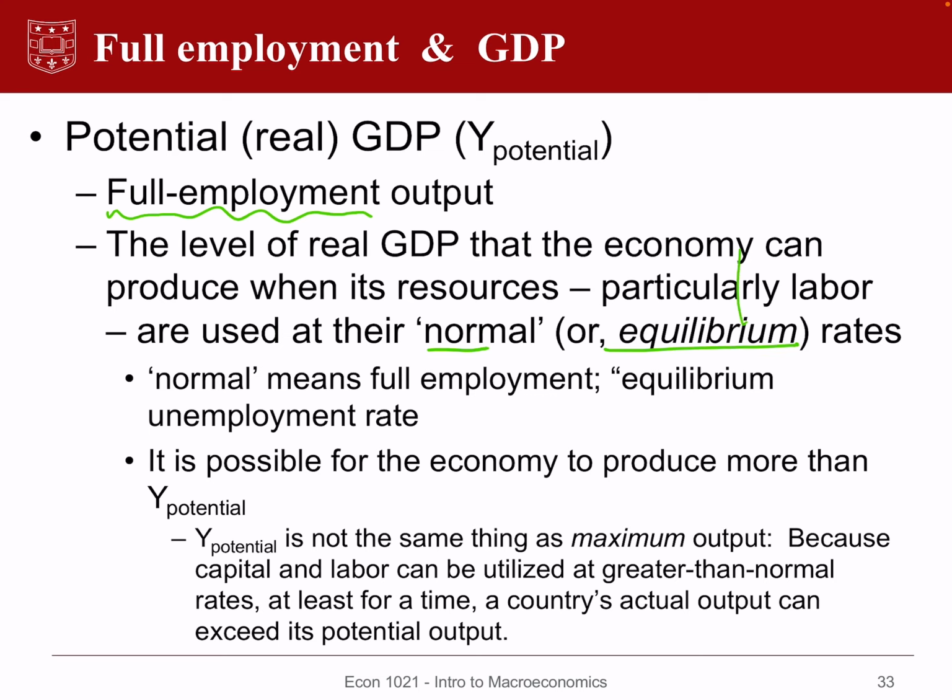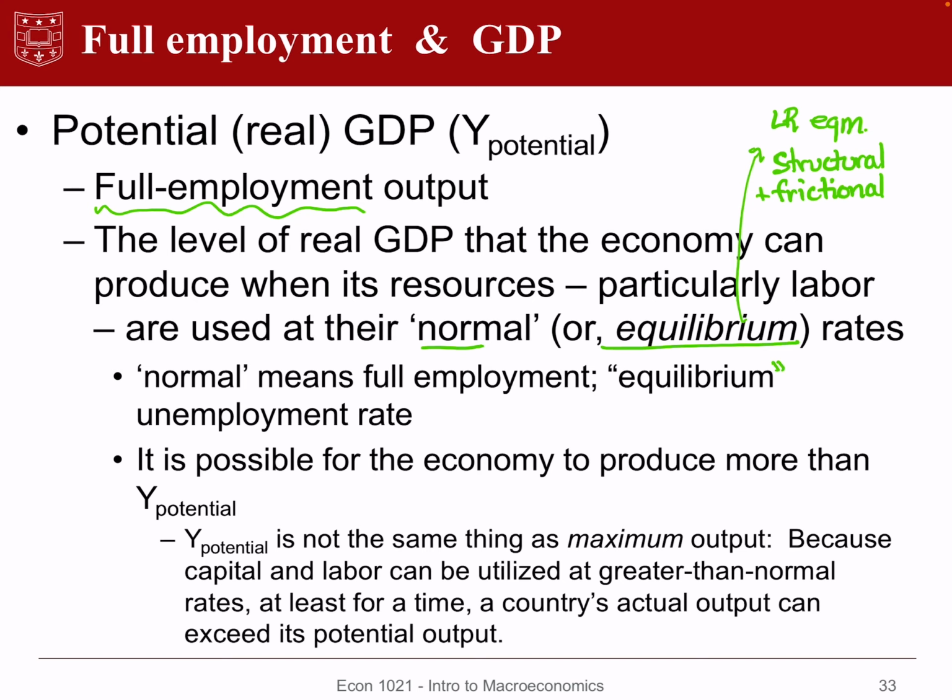And by equilibrium here, again, we mean this idea of a long run, so LR is long run equilibrium level, which again is structural plus frictional. In a market-based economy, we're always going to have these two types of unemployment. So normal means full employment or an equilibrium